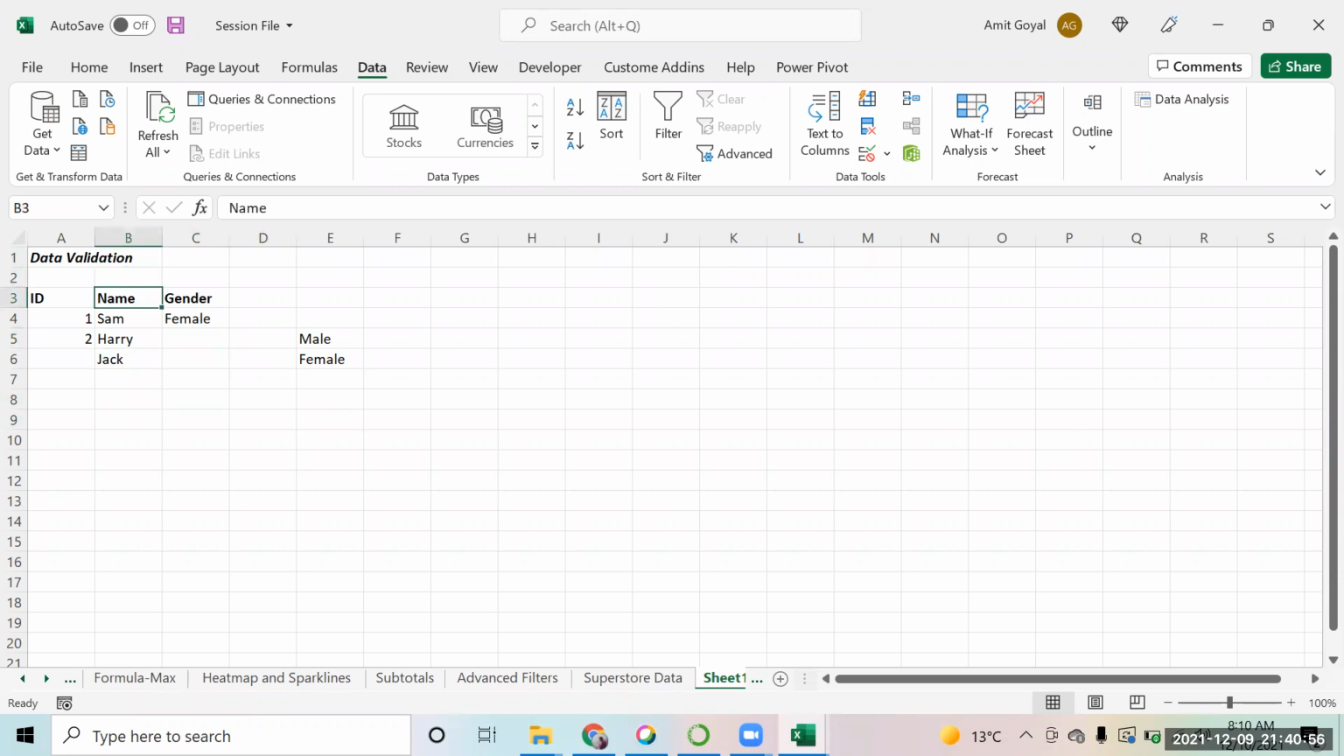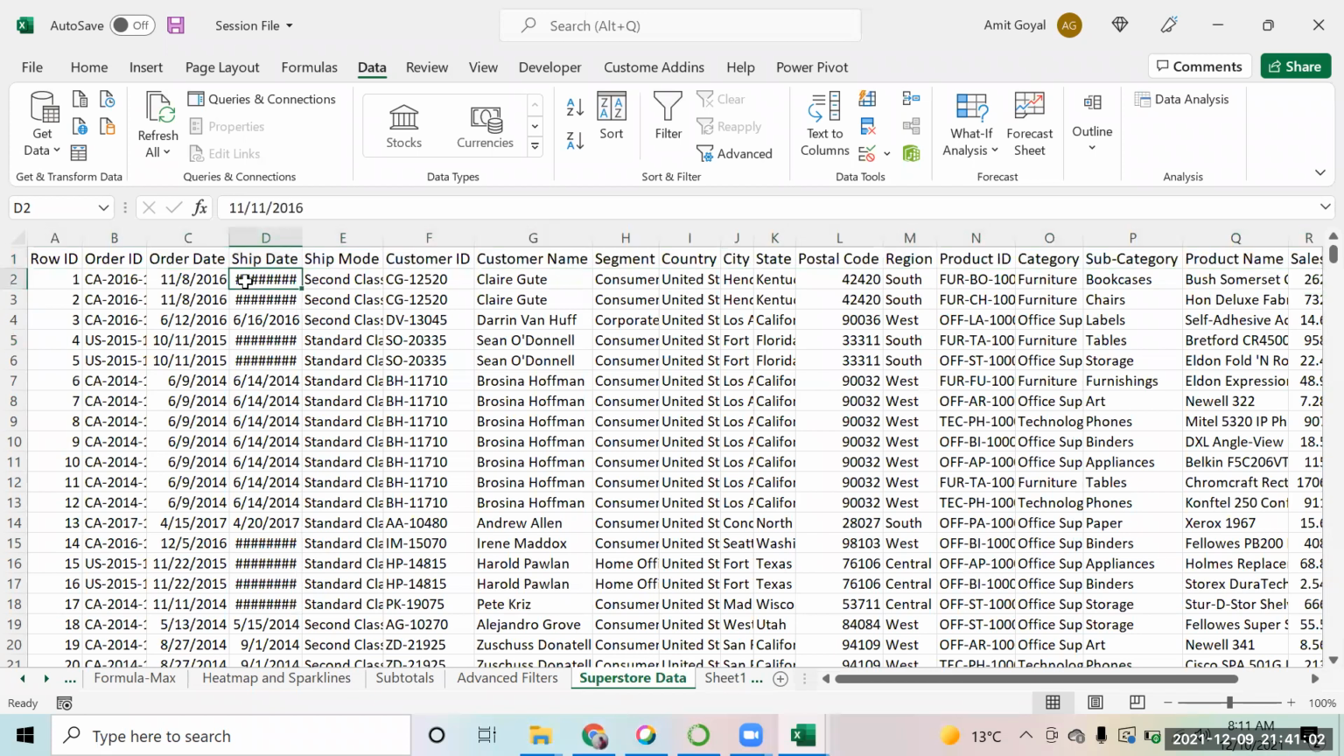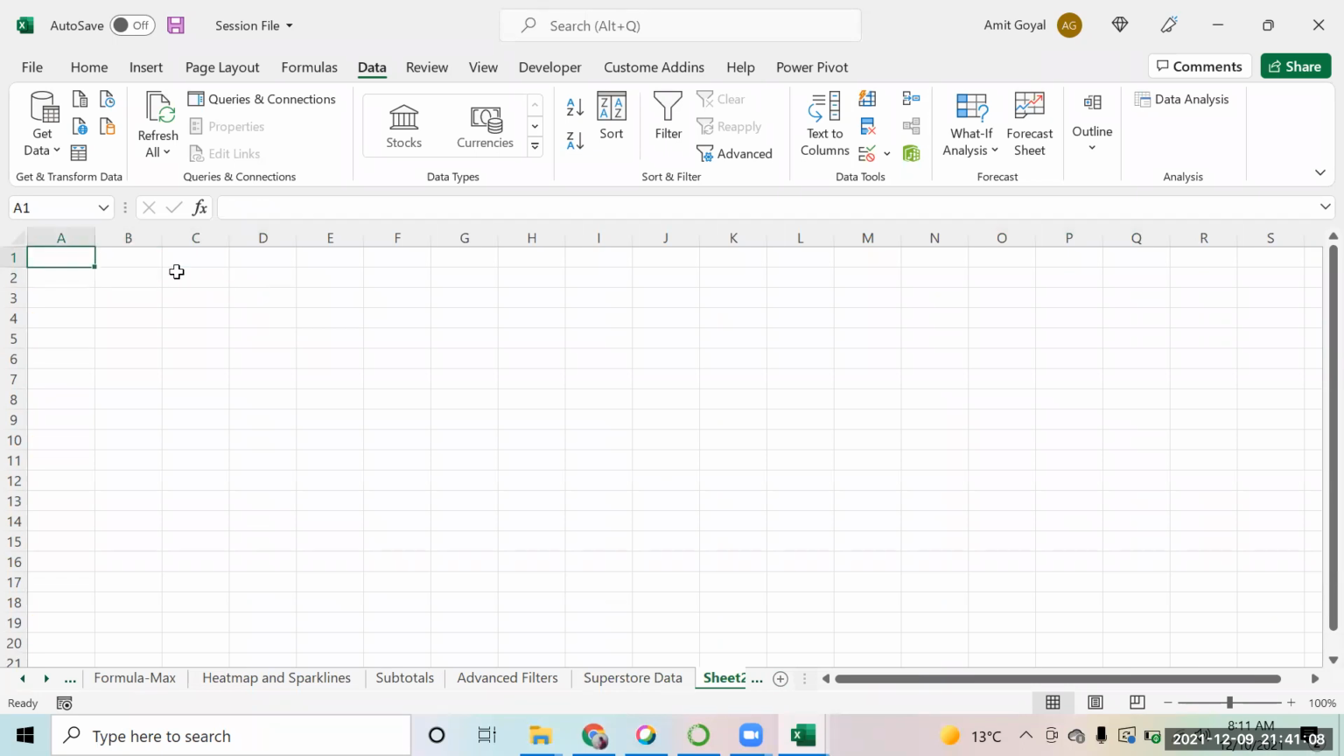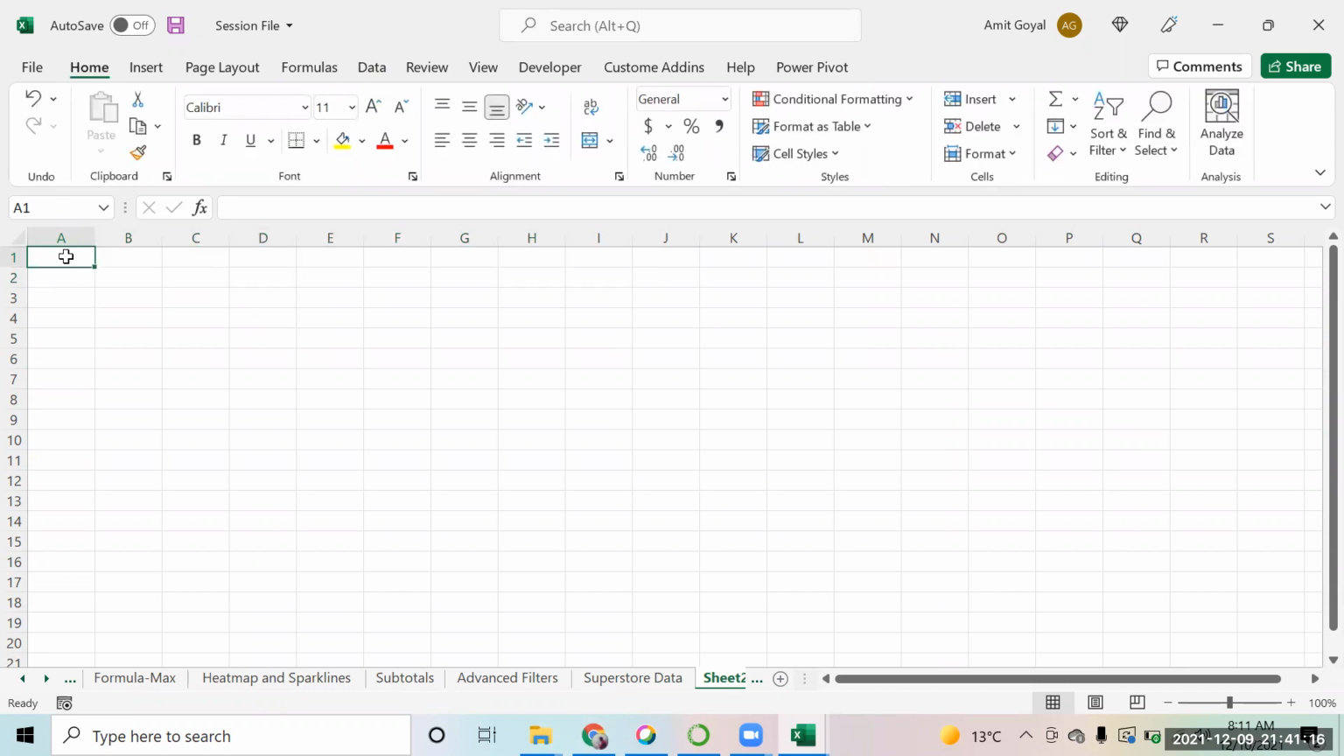Okay, so now what we will do over here is, with this superstore data, this is the data that I have. What I would like to do over here is create a report. At the top, I would like to put a label for that report. So let's all do it together. Please select this range up till here,